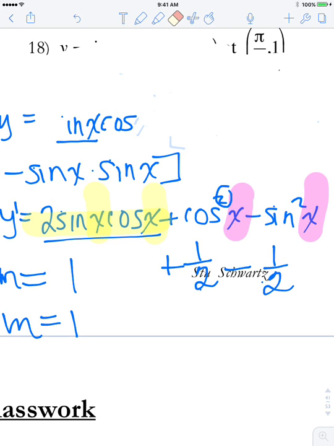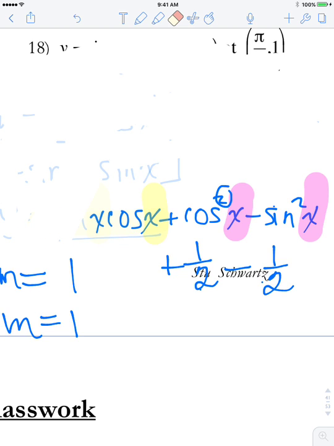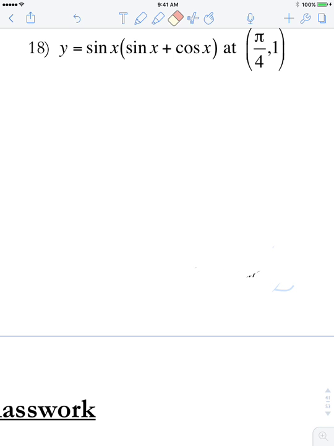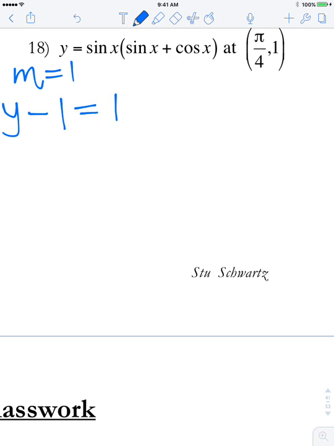So the other ones we got lucky because the y-intercept was given to us, because the x value was 0, so whatever the y value was the y-intercept, which happened to be 0. Well, for number 18, they want us to work for it. So again, m equals 1. And here you could use point slope form if you want. So might be easier this time. So y minus 1 equals the slope, which is 1, times x minus pi over 4. Much easier than finding the y-intercept here. That's why I like point slope form, because when you don't know the y-intercept,